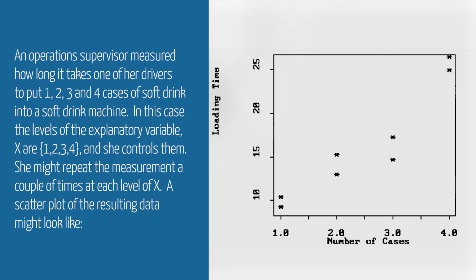And in this case, the levels of x are 1, 2, 3 and 4. So this is a discrete variable x, which takes up the values 1, 2, 3, 4, which is regulated by the operations supervisor. She might repeat the measurement a couple of times at each level of x, and thereby a scatter plot can come up. In this scatter plot, we are now fitting a linear segment,